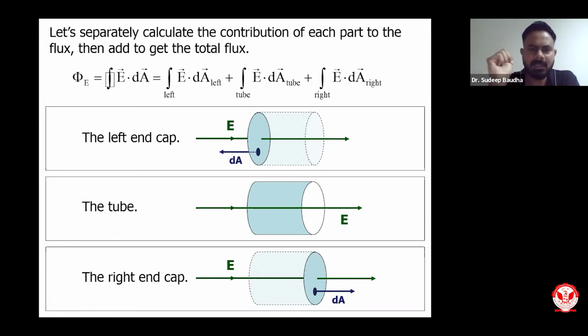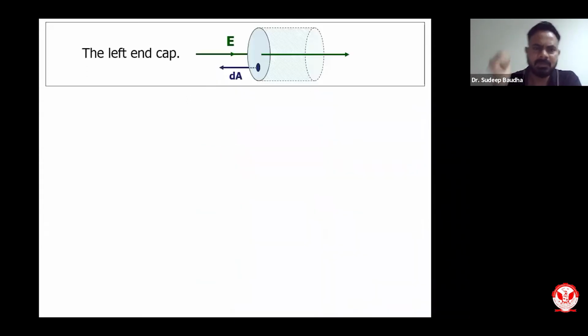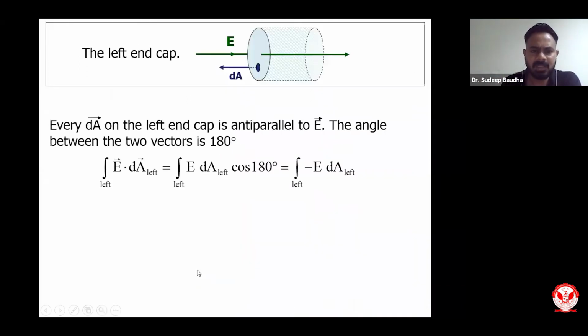From this fundamental understanding of the 3 geometries, let us calculate step by step the electric flux for the left hand cap, the tube, and the right hand cap. For the left hand cap, I can directly write E dot dA left, where dA is the area of the left cap. Writing the dot product, it becomes cos 180 degrees, as we have already seen in the formula of electric flux. Cos 180 degrees gives a minus sign, so a minus comes over here. This is the entire electric flux at the left cap of this cylinder.